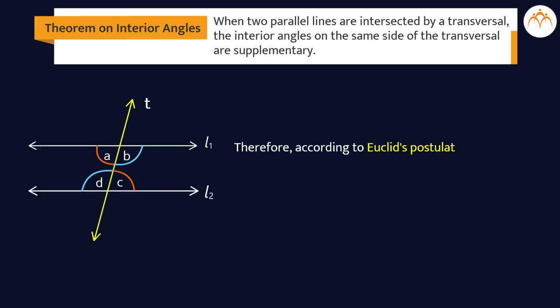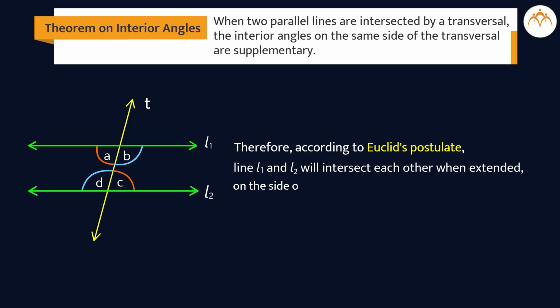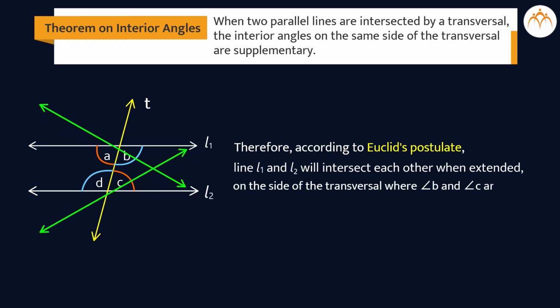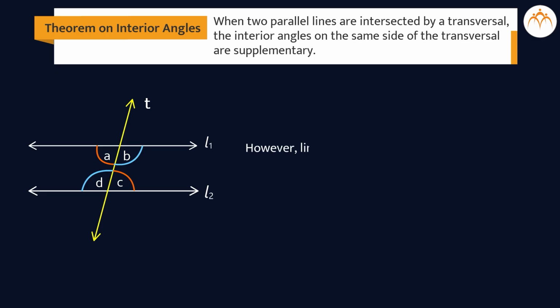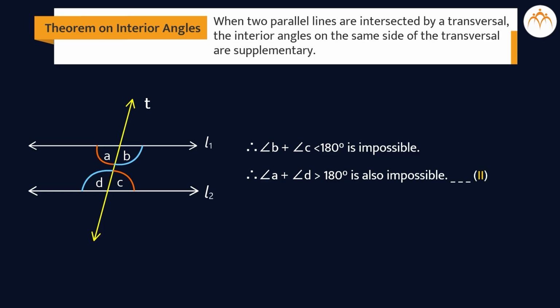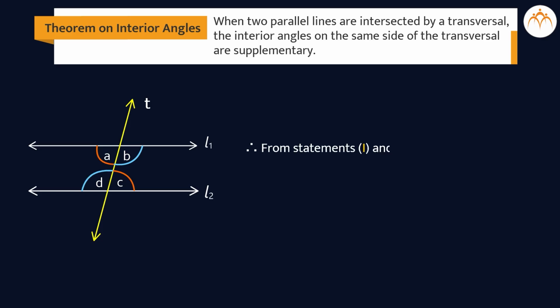Therefore, according to Euclid's postulate, lines L1 and L2 will intersect each other when extended on the side of the transversal where angle B and angle C are formed. However, lines L1 and L2 are parallel lines according to the given information. Therefore, the sum angle B plus angle C is less than 180 degrees is impossible. Therefore, the sum of angle A plus angle D is greater than 180 degrees is also impossible, statement 2. Therefore, from statements 1 and 2, the only possibility left is the sum angle A plus angle D is equal